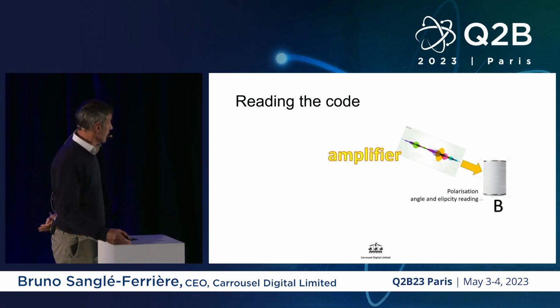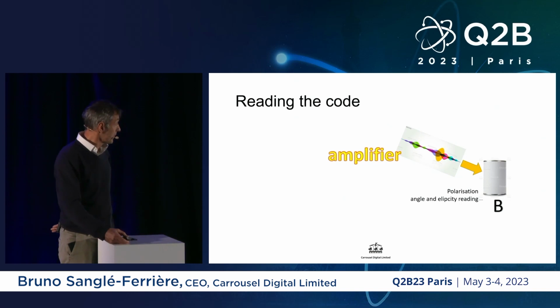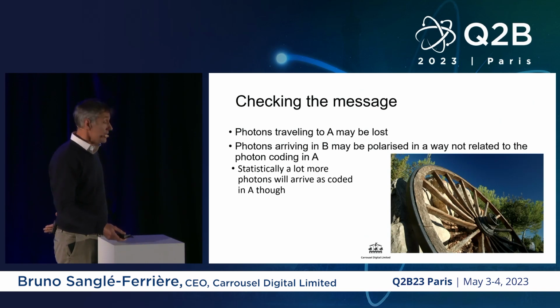So now, how do we read the code when the code reaches B? The entangled photon has been coded and now arrives through the amplifier. So now we have a flux of photons, for which we can read the polarization using a classical polarization reader. So here we've transmitted a code, a letter. However,